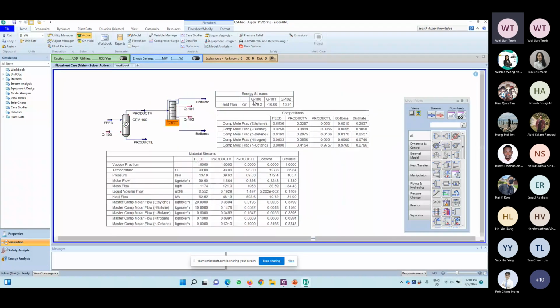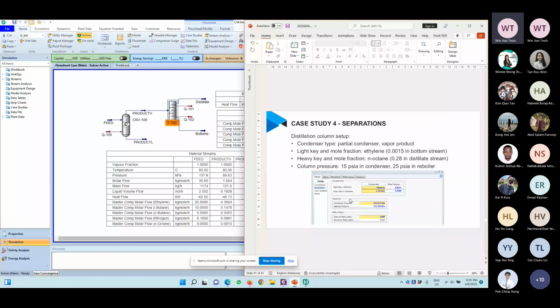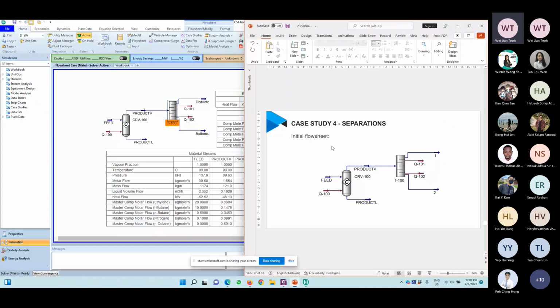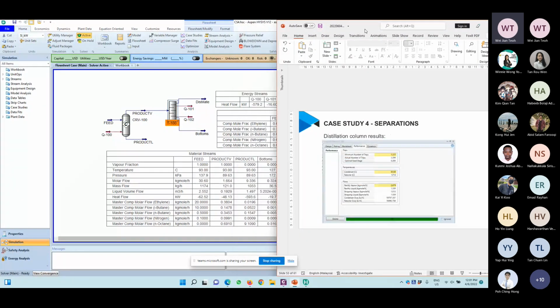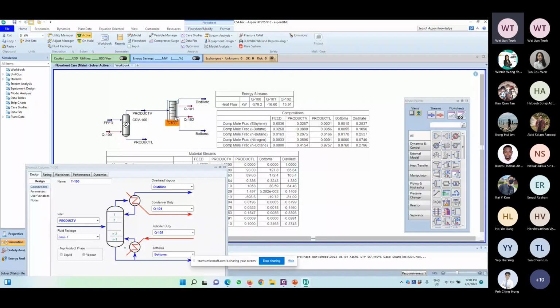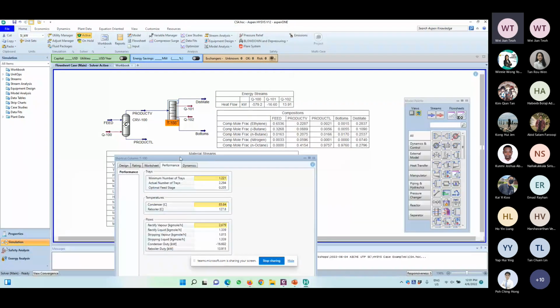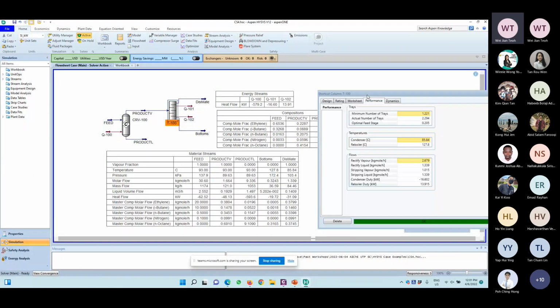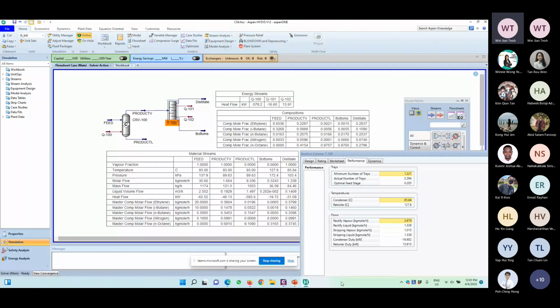All right, so I'm just going to save this, and the next one will be our last case study for the last half an hour, and it will be quite complicated. So maybe I'll just stop here and see if you have any questions before I move on to the last case study. And I'll just leave it on the screen so that you can see if you have some trouble getting any of the